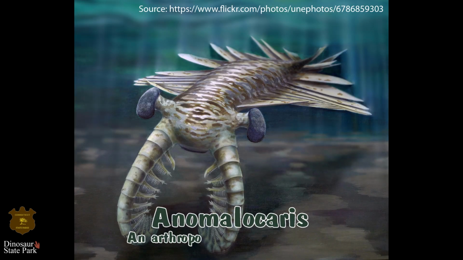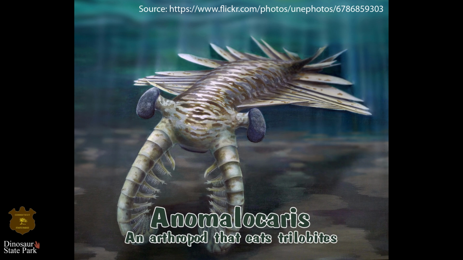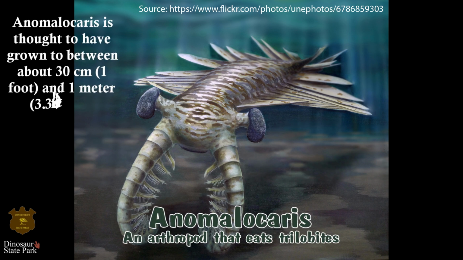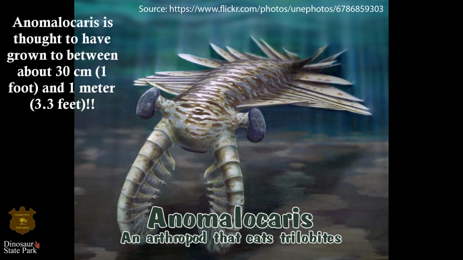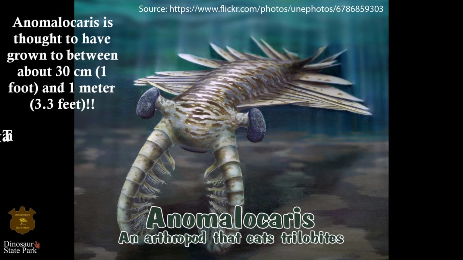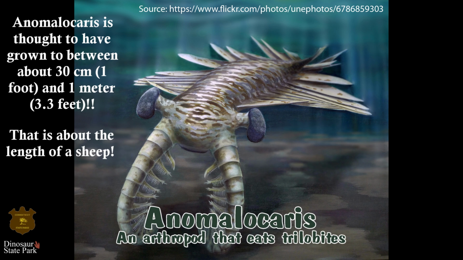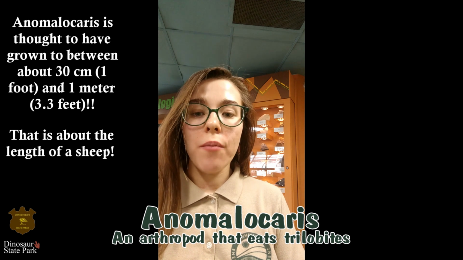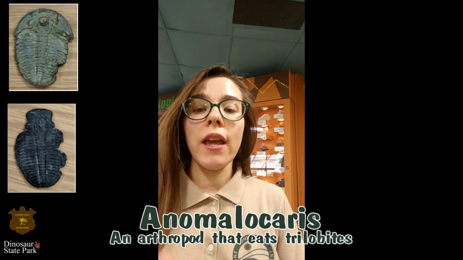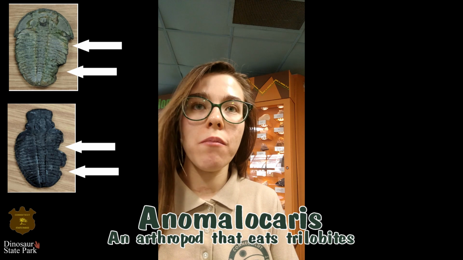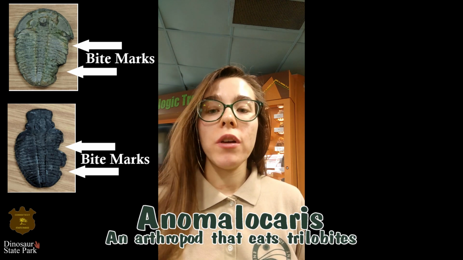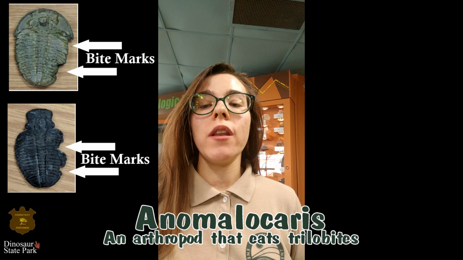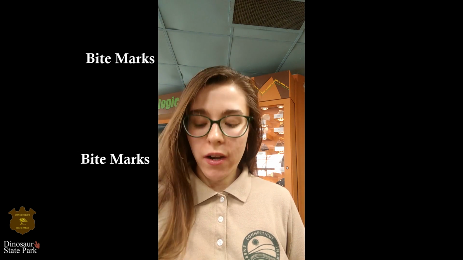Trilobites had a predator during this time called Anomalocaris, which is another arthropod. Anomalocaris was probably one of the biggest predators at this time. A lot of times we see what are called predation marks preserved on trilobites, which show where predators tried to eat them but were not successful. Anomalocaris would leave distinct W-shaped bite marks on the trilobite, always in certain places, so we know that the trilobite got good at evading its predators.